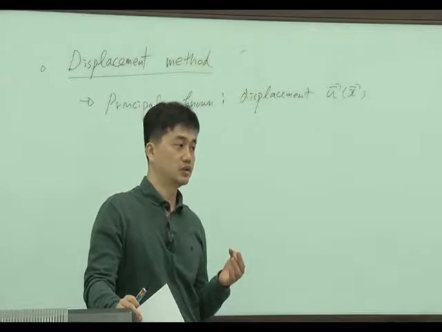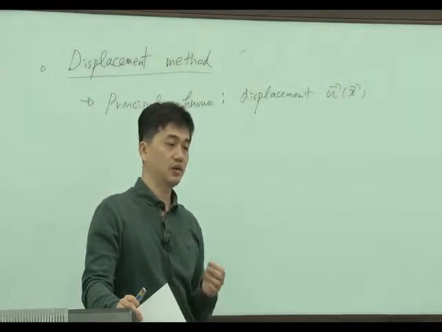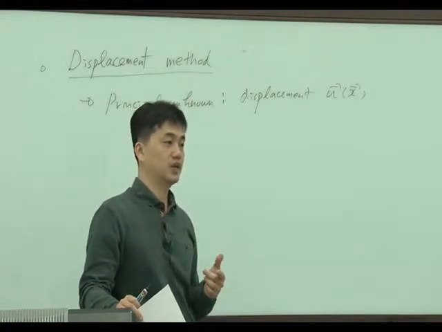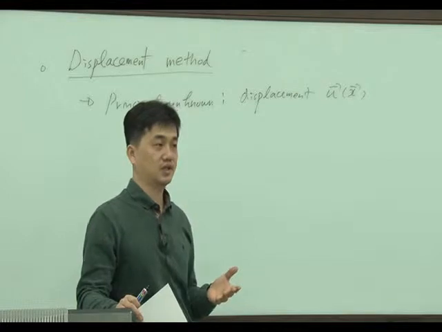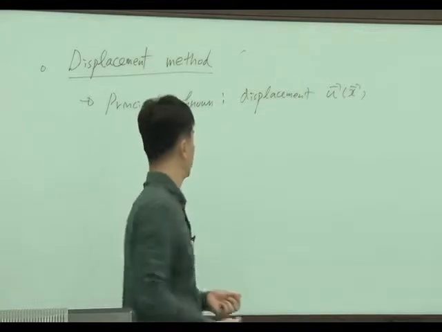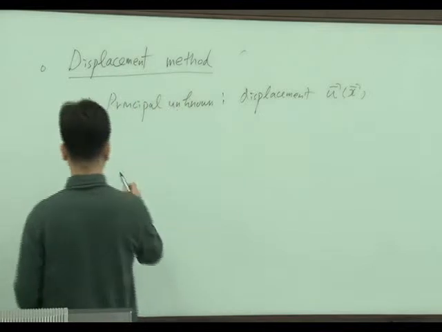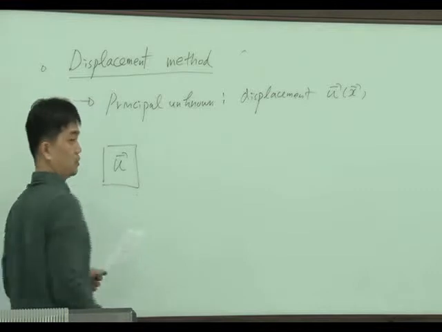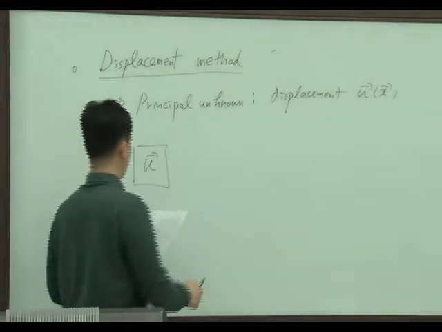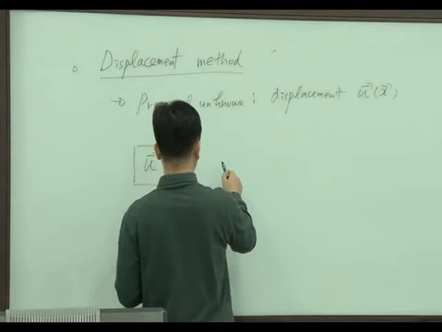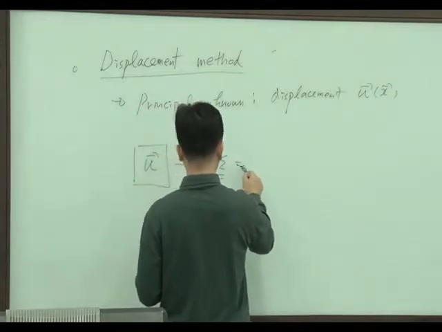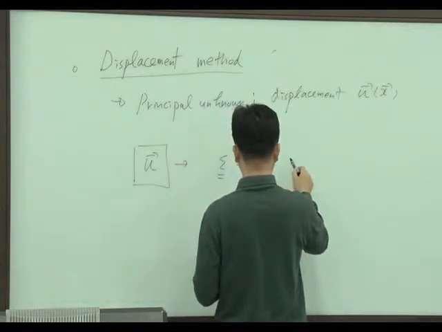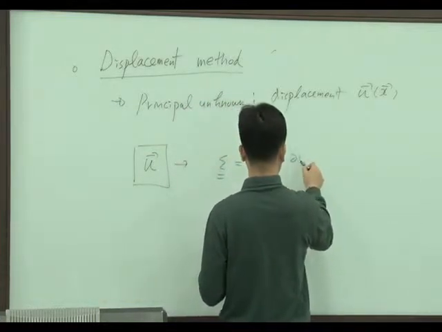So in the displacement method, first we start from the displacement, and we change all the stress and strain in terms of displacement. So the name is displacement method. The procedure starts from the displacement. And then once we know displacement, we can calculate the strain, right? Because we know the relation between strain and displacement. So strain